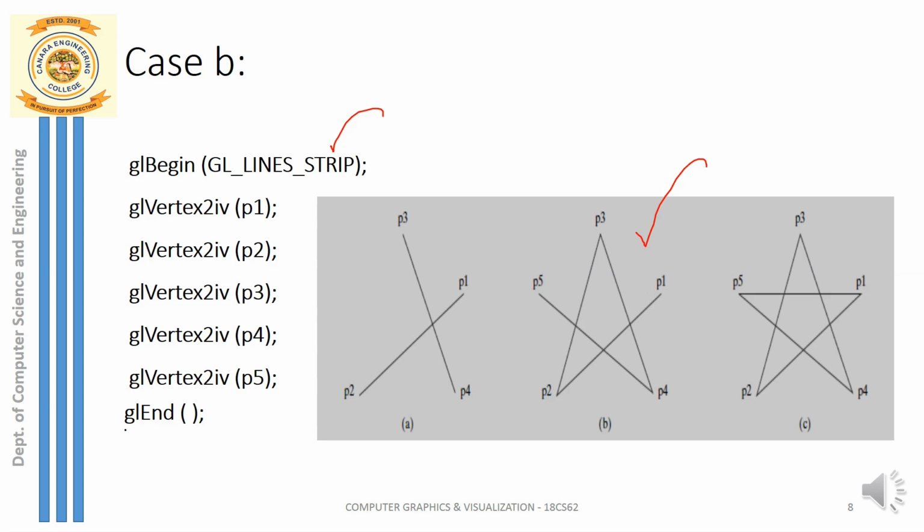A line strip is nothing but you start drawing a line from one particular point, continue drawing the line, and you can end there when you reach the last vertex in the list. So it is something like this. In my list of vertices here, I have total 1, 2, 3, 4 and 5. Total 5 vertices I have in my list for drawing the line strip.